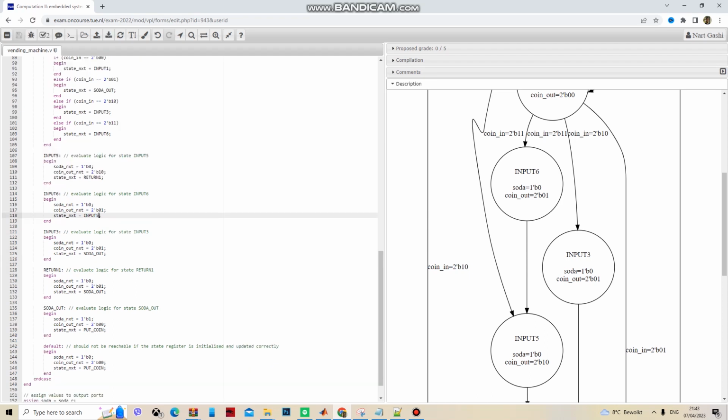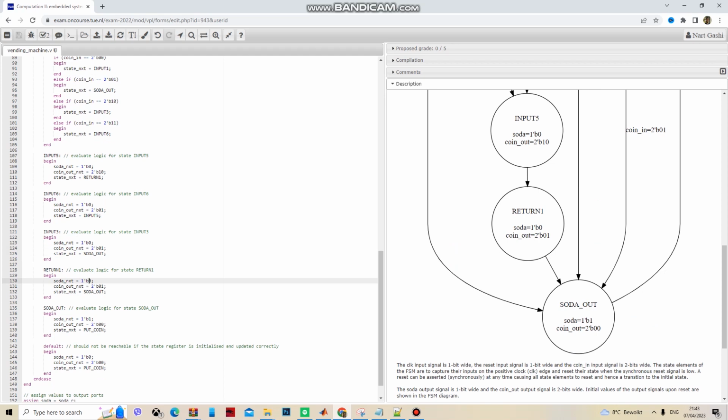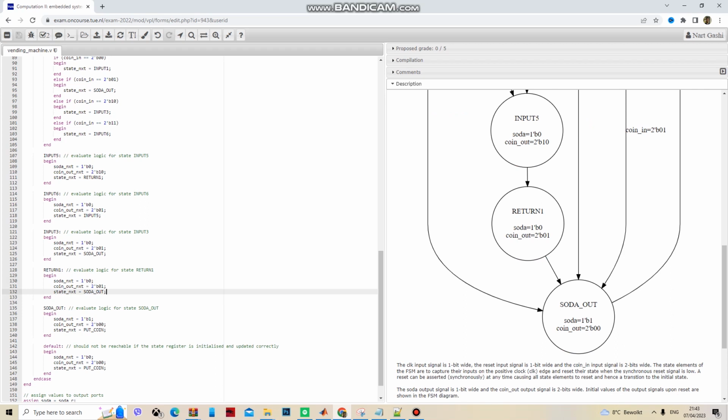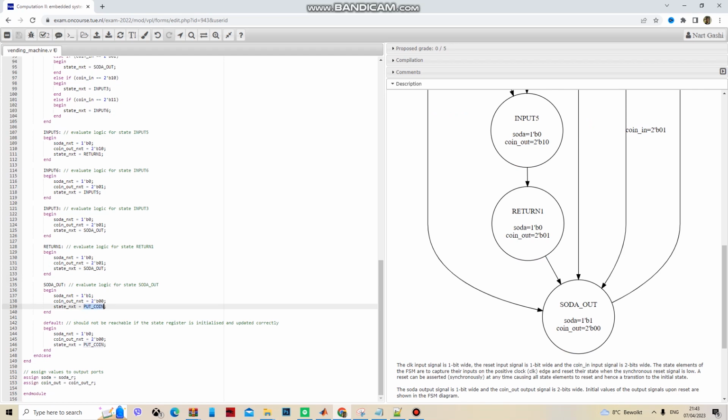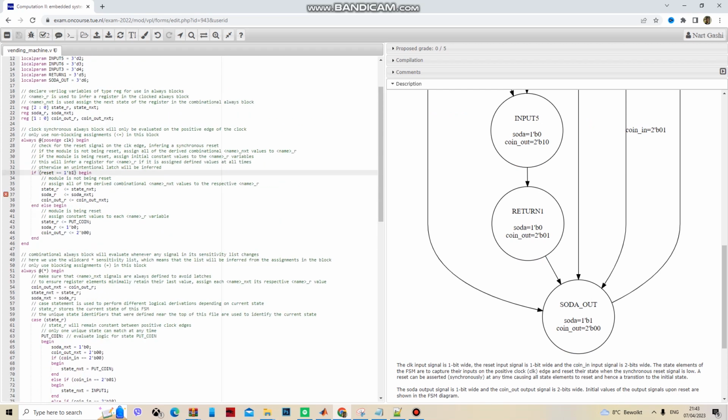And now when you go to input 3, that's 0, 0, 1. Next state should be soda out, return 1. That's 0, 0, 1. 0, 0, 1, and then it's soda out the next state, and then here put coin 0, 0, 1, and the default should say like that. Now let me